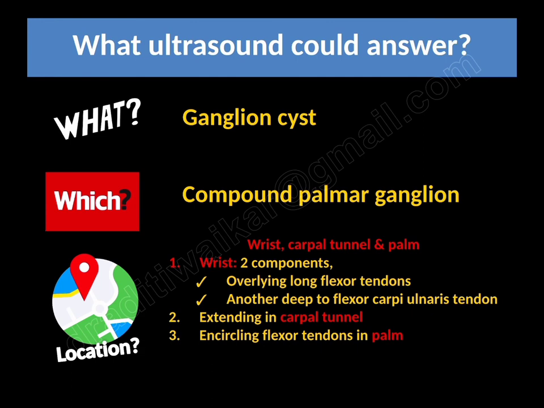So on the basis of ultrasound, we could diagnose what was the lesion. It was a ganglion cyst. Which type? It was compound Palmar ganglion. And what location? Ultrasound could beautifully